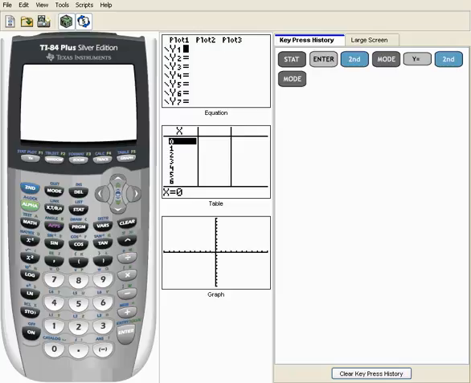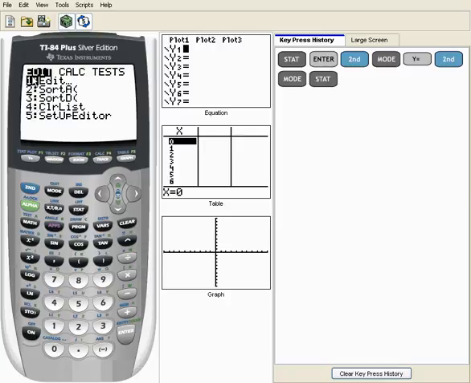Okay, so here I am with the calculator now. We're doing problem 13 on page 130. It says make a scatter plot of the data. So the way you do that on the calculator is you press the stat button there and you get your